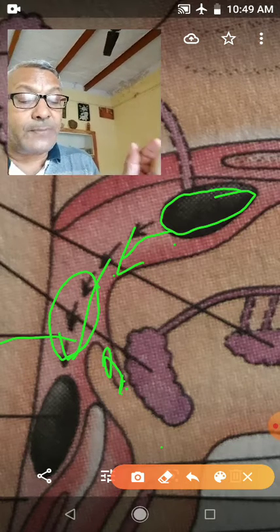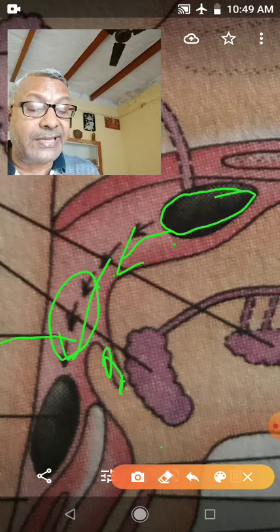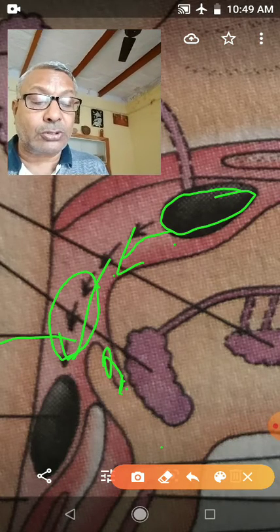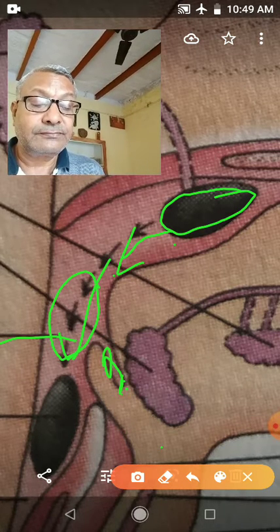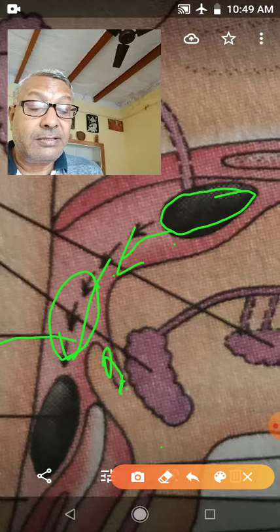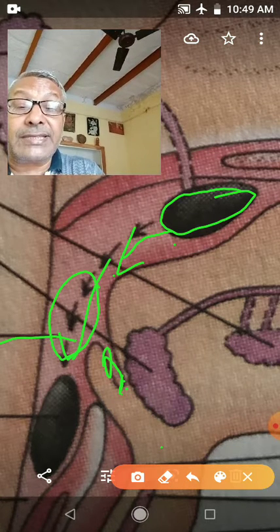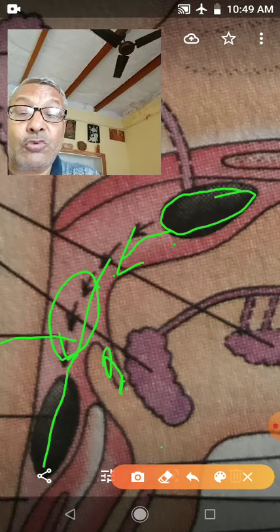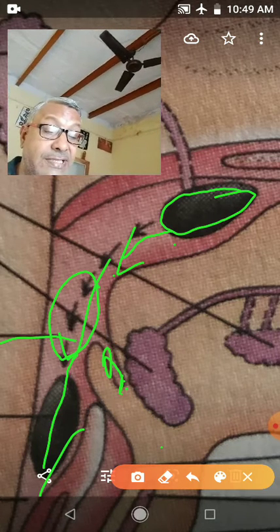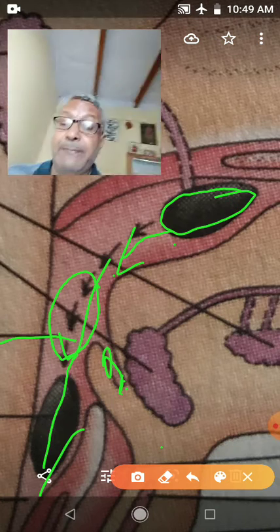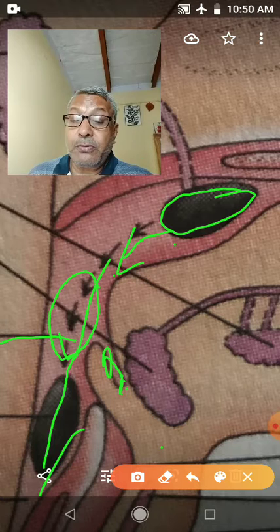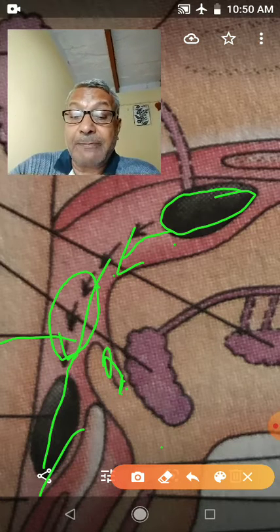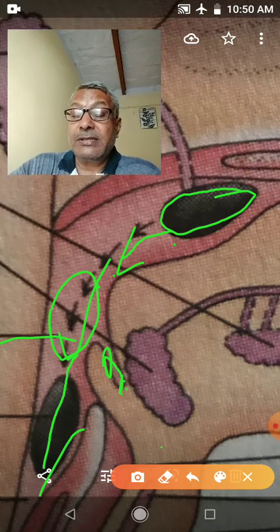So children, you have to learn that the pharynx is an area at the back of the throat that connects the nostril and buccal cavity. And after that is the esophagus. Esophagus is the food pipe, and in the food pipe, food will pass by peristaltic movement.